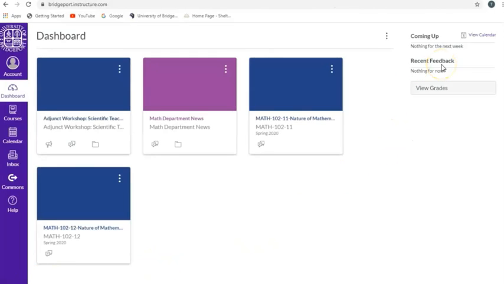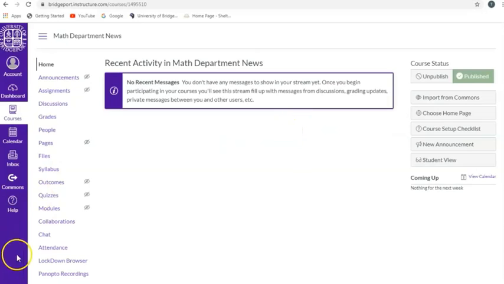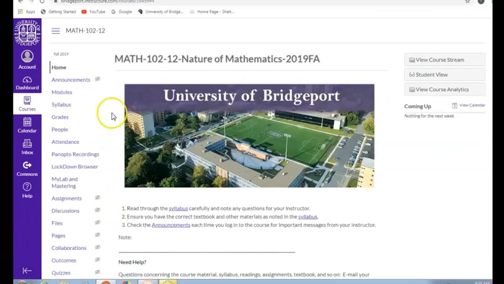What will appear in the next slide are the courses that I will be teaching for the spring semester: Math 102 Section 11 and Math 102 Section 12. I'm going to open up one of my courses just so that you could have an idea of what we will be doing and what's included in the information. You will see that on the right side there are many icons. There are many menu bars here for you to look at, but the first one I want to call your